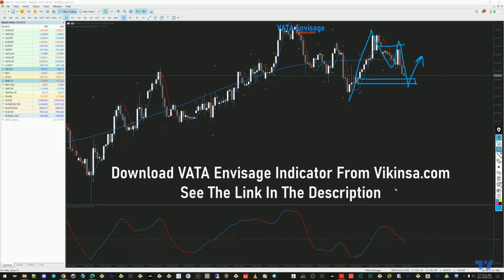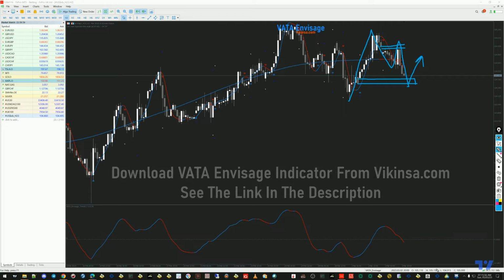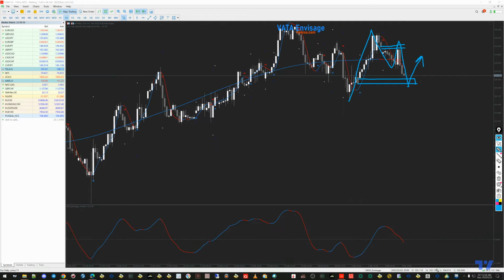The market came to fill this gap up here. Okay, there was a price gap here. Market came here and fell down. So everything, whatever you see on the chart, is not random. There is a reason why it is happening like this. And as you can see here,